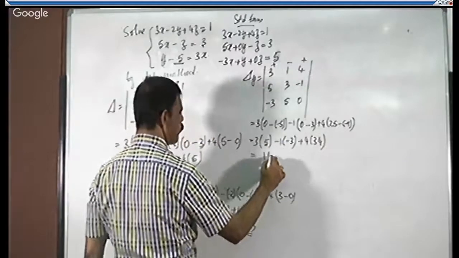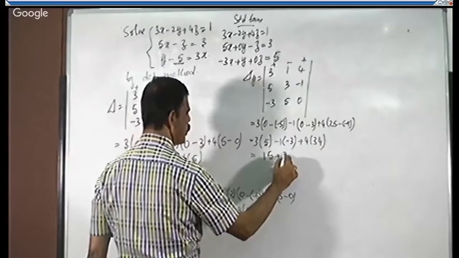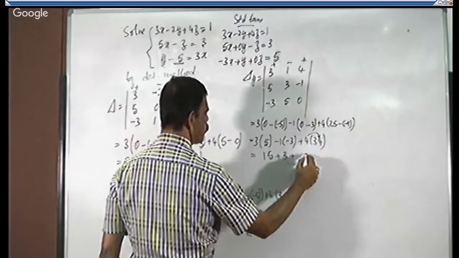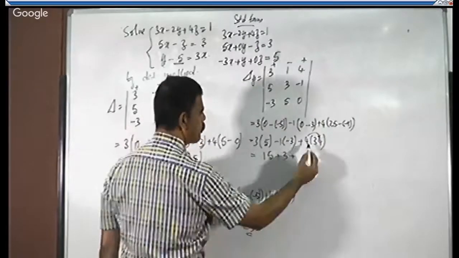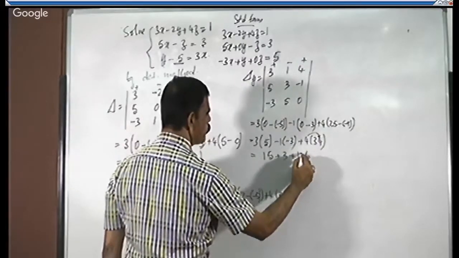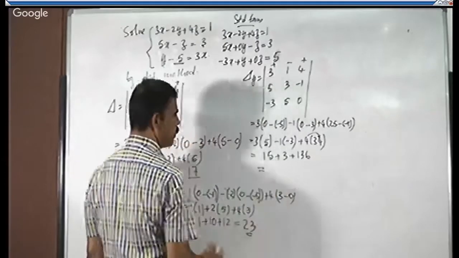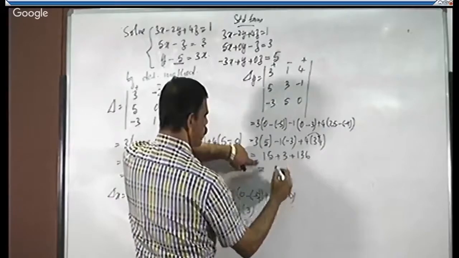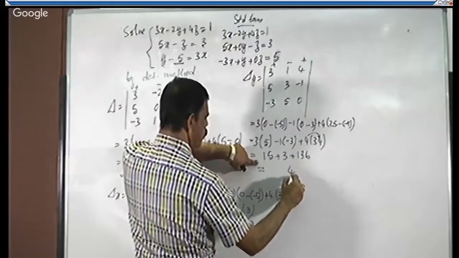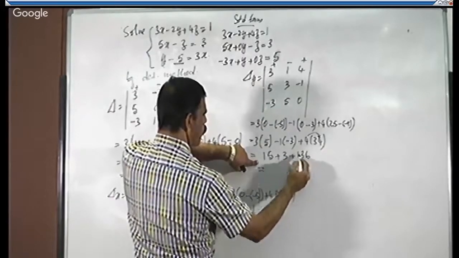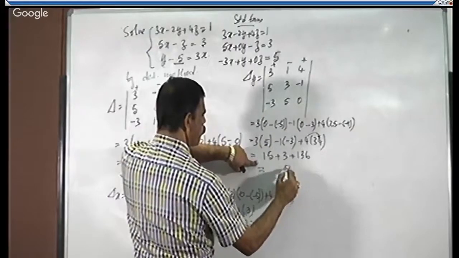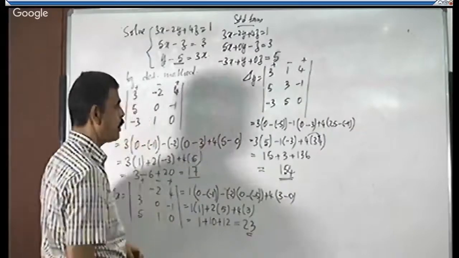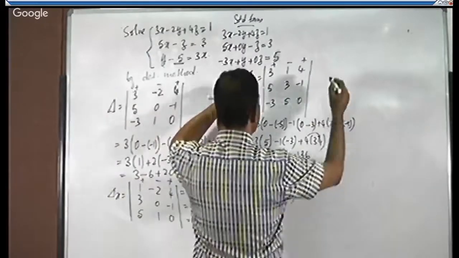Or 5 into 3, 15, minus into minus, plus 3 into 1, 3, plus into plus, plus 4, 3, 4 for the 16. 1 carries, 4 into 3, 12. 12 plus 1 is 13. Finally, delta y will be the 6 plus 3, 9, 9 plus 5, 14. 4, 4 plus 1, 5, 1, 154. The same way, calculate delta Z.